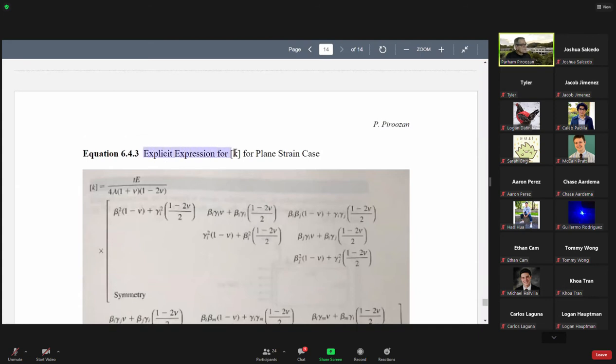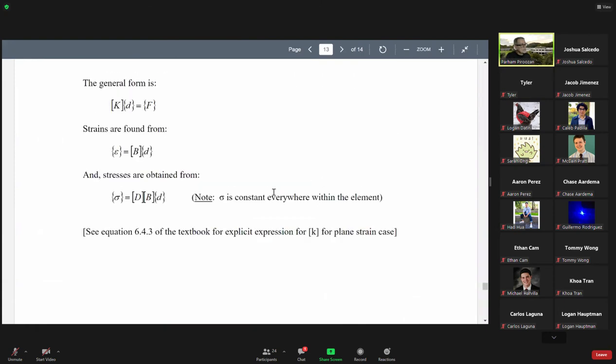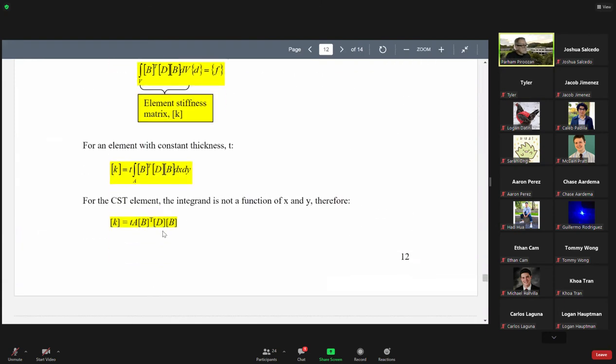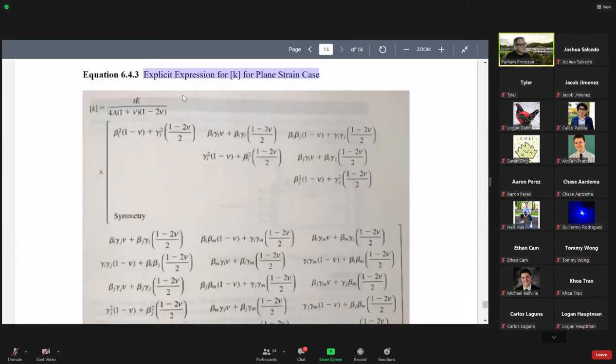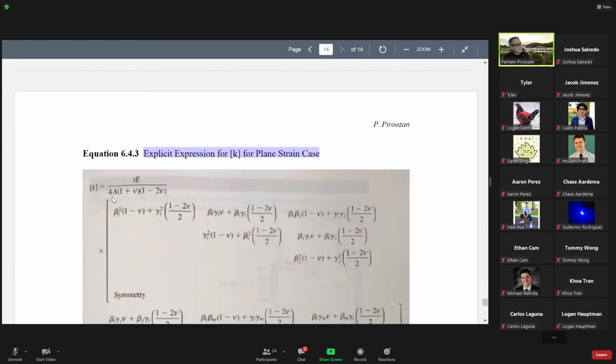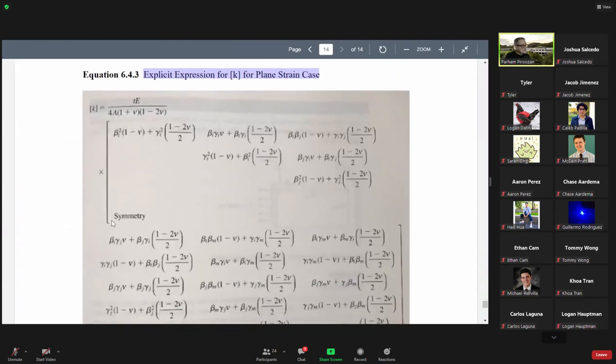This is the explicit form for K for plane strain problems, because you see here it depends on what type of material matrix we want to use for D. Is it for plane stress or is it for plane strain? So depending on which one we use, we get a different element stiffness matrix. It is given by this. It is a 6 by 6 matrix. It is symmetric. So what you see is almost half of this